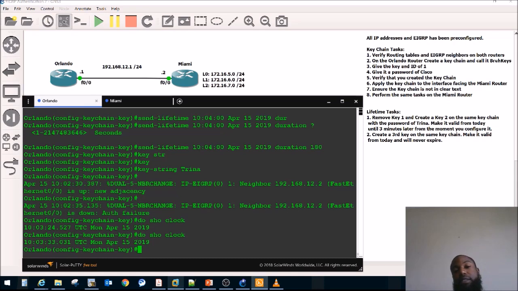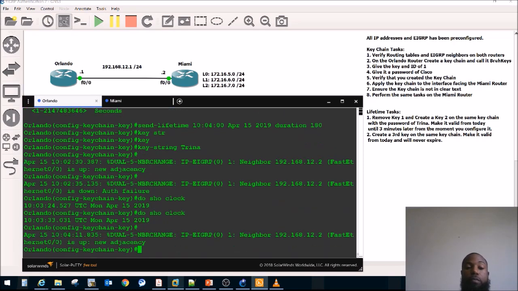And why would you want to do this? Let's say you have a vendor coming into your office, right? And they need temporary access to your network. Obviously you don't want to give them permanent access. Let's say they need access for like 24 hours or 48 hours to do some work on your network. And they have a router and they need to, for some reason, create an EIGRP neighbor relationship with the routers. So you do that, you give them this key,